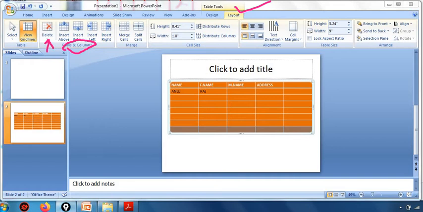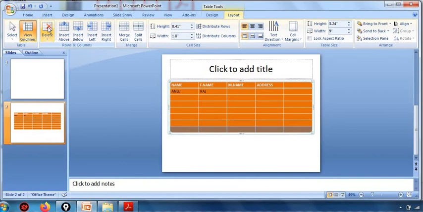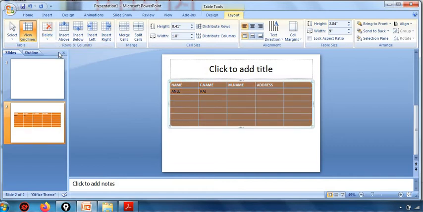So we will click on that. If I click on that, see, that particular row will be deleted. Deleted or not? Getting it? So like this we can delete any row or column.